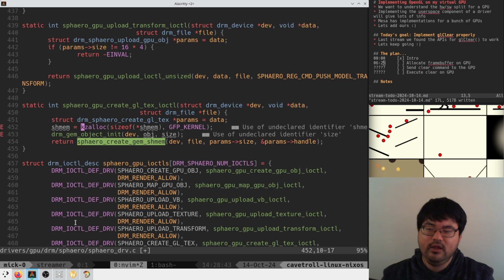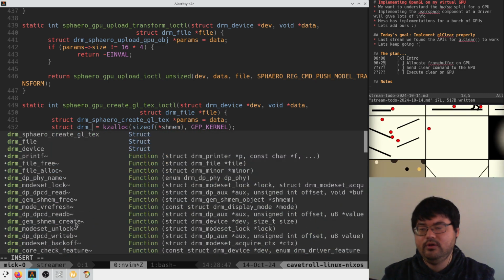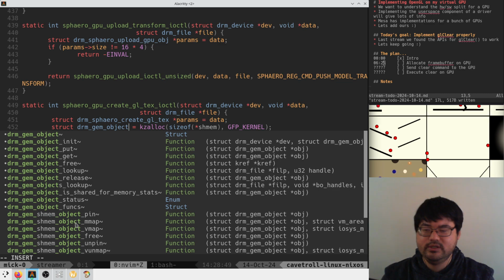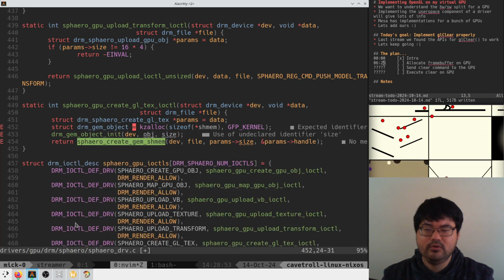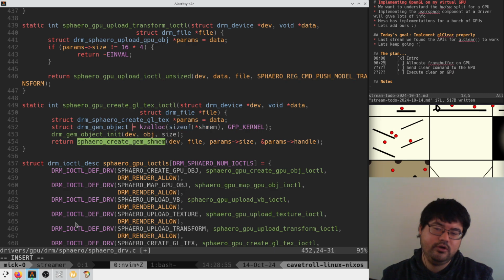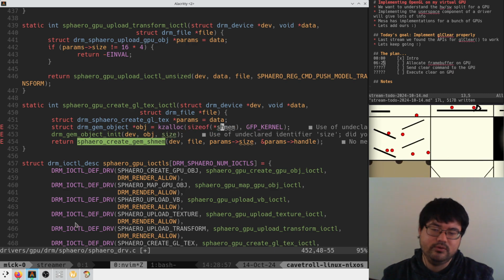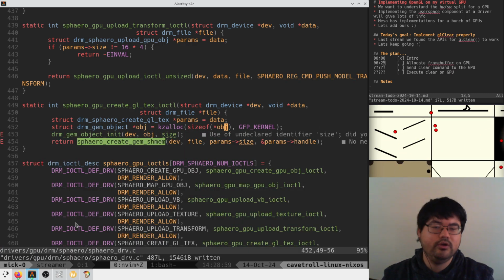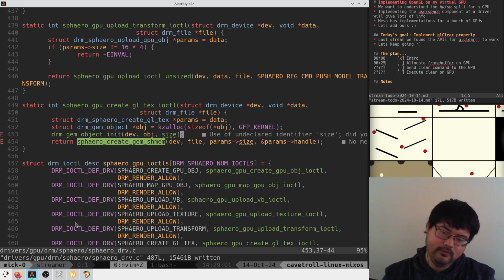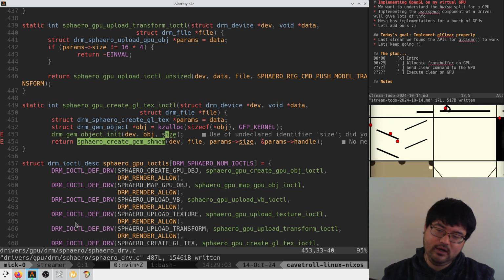Okay, so we're going to say struct DRM gem object obj is equal to size of obj. Okay. Then the size here